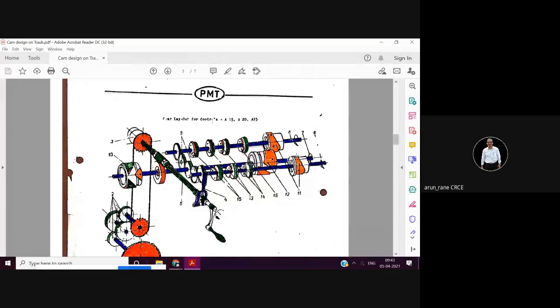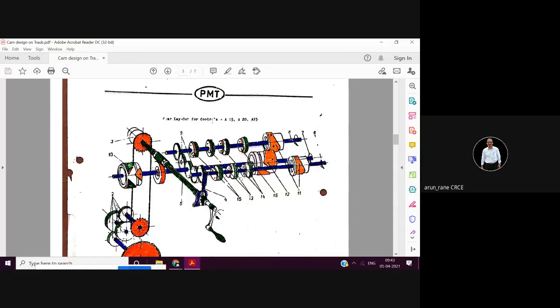Plus there is one cylindrical cam here on the front shaft. Now the purpose of this is to give longitudinal feed to this cross slide. See now, because of this cam, the cross slide will move in and out like this. But what about this movement? Suppose you want to do longitudinal turning, then you have to move the cross slide in this direction also.